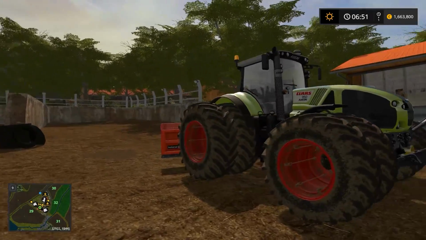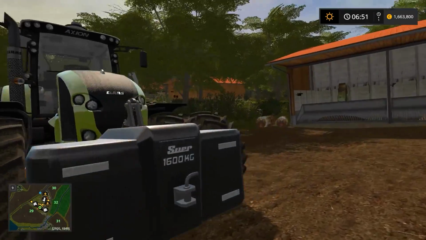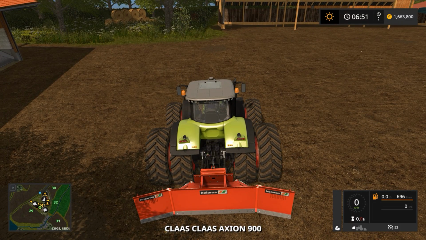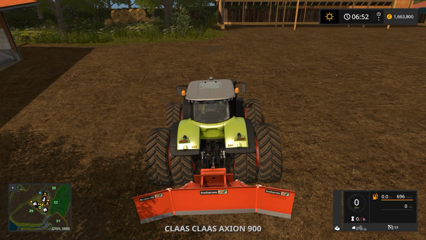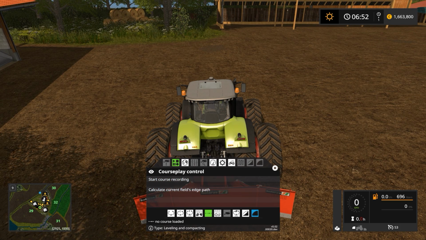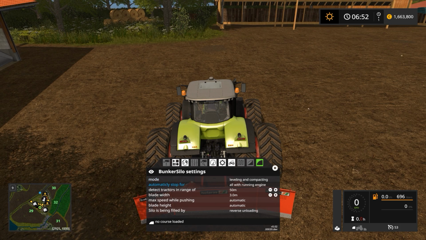So the first thing we want to set up is the leveling and compacting mode that we're going to do with this tractor here. So let's jump into this one and open up the Courseplay HUD by clicking the right mouse button. In Courseplay we want to go into the leveling and compacting mode, which is the button to the far right over here. That opens up the bunker silo settings, and in here we want to be in the leveling and